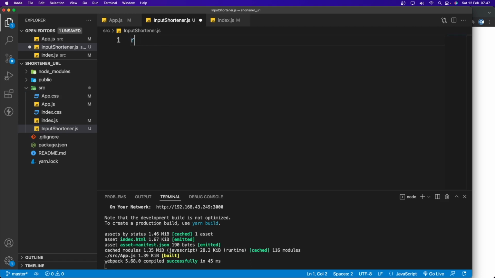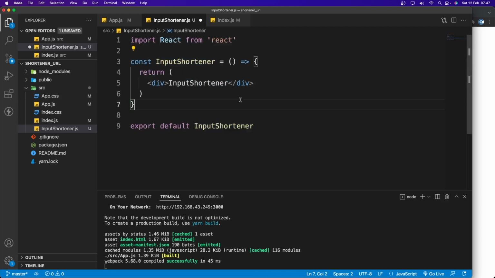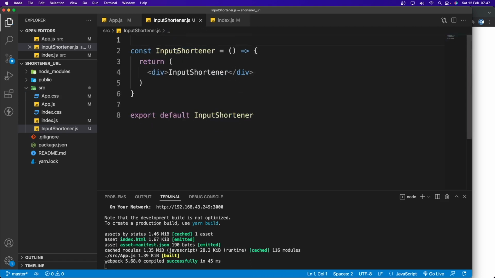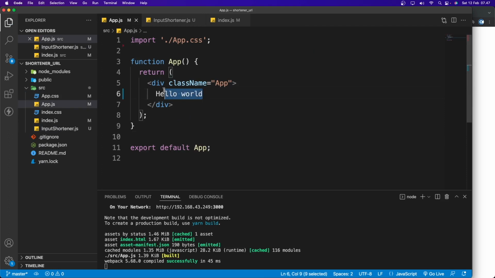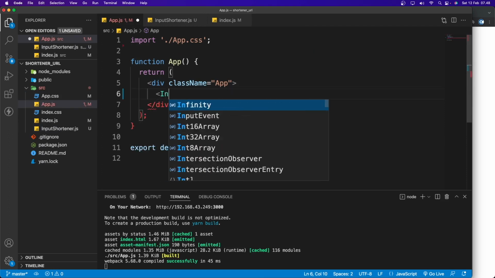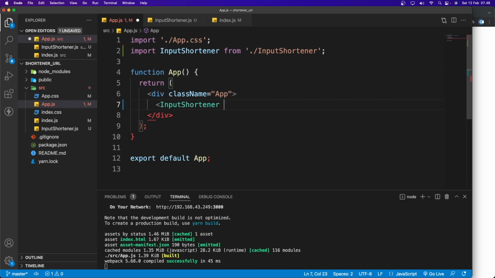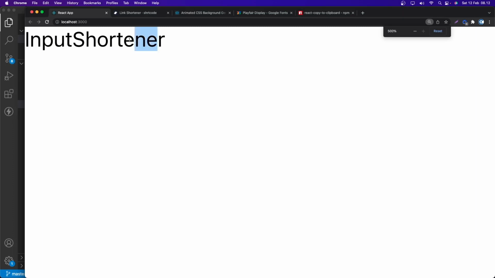Okay, so in here, let's type rfce, and if I save, let's remove the React import up here. So let's render the InputShortener inside the app. I want to change the class name to container basically. Now save, and let's take a look in the browser. We should see this InputShortener. Really small. Let's make it bigger. As you can see here, InputShortener.